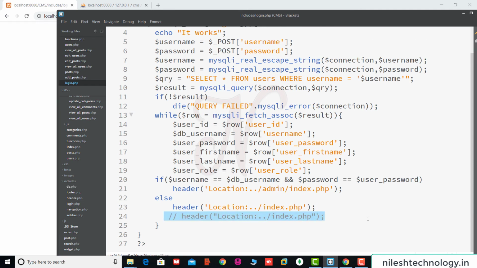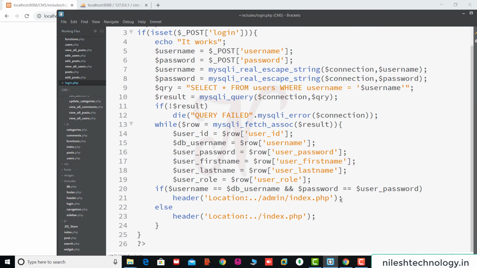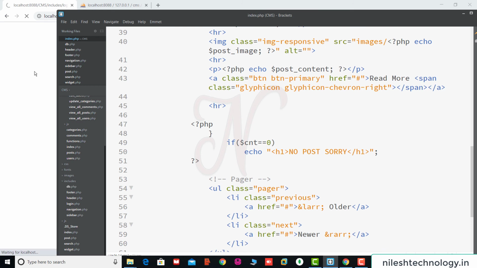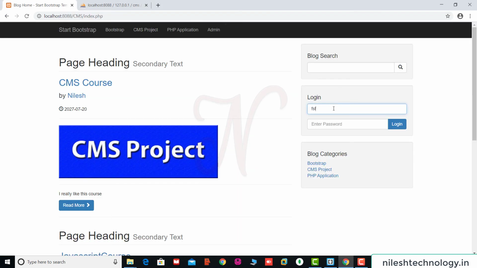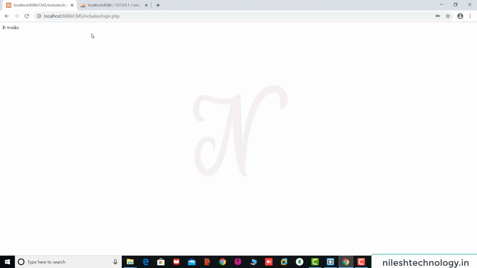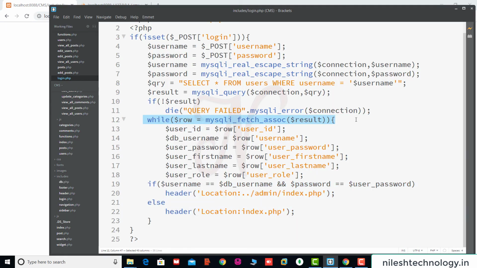So this is the mistake of our application. Okay, so this is not a fault of a single quote, double quote. This is the fault of this slash. Give the slash here. Okay, if you pass an invalid username and password, then see here again. So for example, this is an invalid username and password. If you click on this login, okay, so now it works. If you pass an invalid user who does not exist in your database table, then they are not going into this while loop. So outside the while there is no code, nothing here.